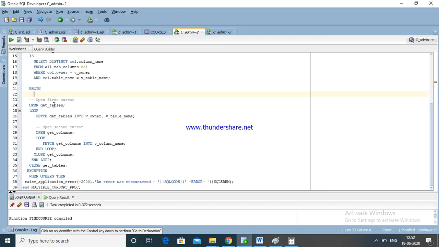We are opening the first cursor. Here we fetch into v1. These are the variables we are fetching. Get another cursor. Here the first cursor is open. In the same way we are opening a second cursor. Fetch get columns into C V column names. This is a variable name. Again close.